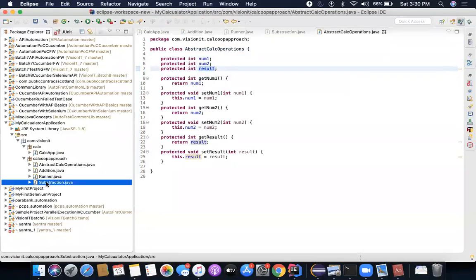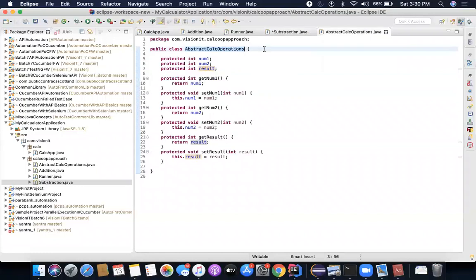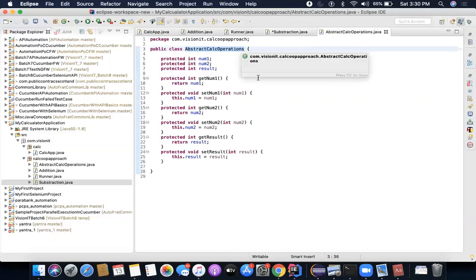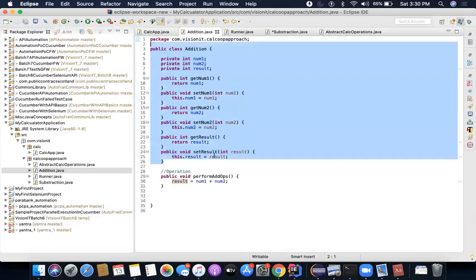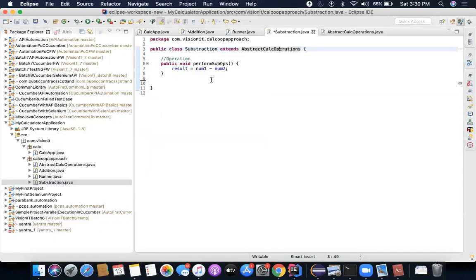So what happened when this is compiled, this subtraction class which you see here will have all the properties and methods available here. Okay. So when you create an object, subtraction sub equal to new subtraction, it actually is the combination of this method and this method, right? So if you can notice, I can do the same thing here. So I will just remove this as well from here, and I will do this part here. So you can now notice the amount of code I have reduced, right?